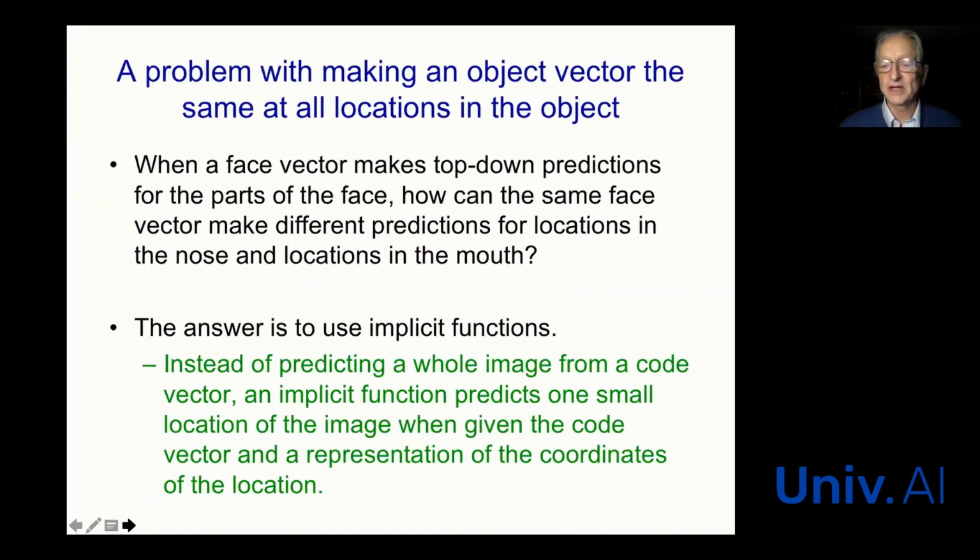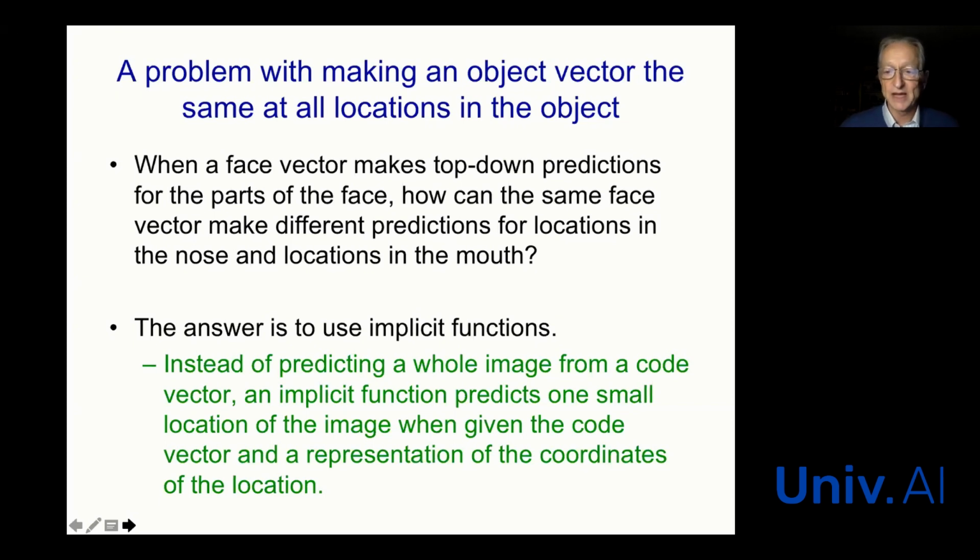Now there's a problem here, which is the face vector, when it's in a location where there's a nose, has to predict the nose. But we have the very same face vector in a location where there's a mouth. So in the location where there's a mouth, at the object level, it's a face, and at the major part level, it's a mouth. And so how do we make the very same vector at the object level produce two different things at the part level? That seems to be a problem,